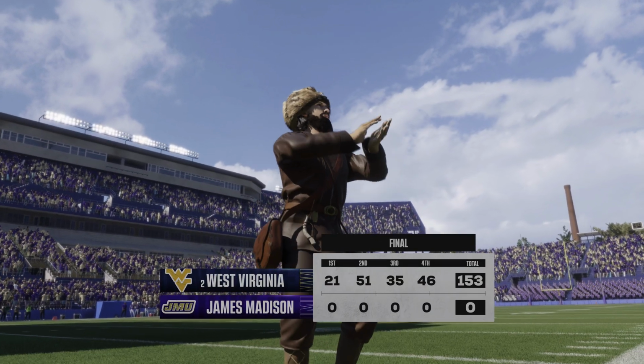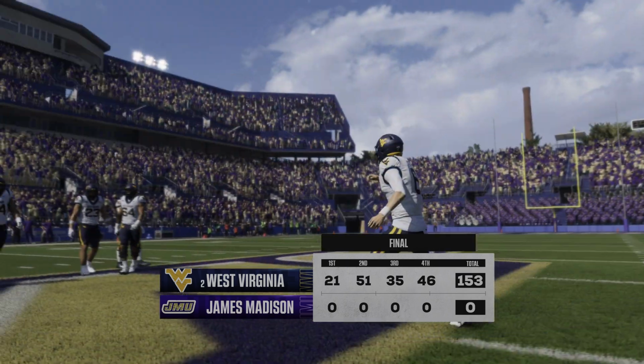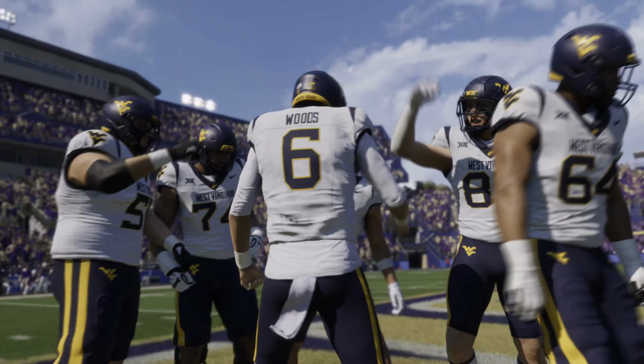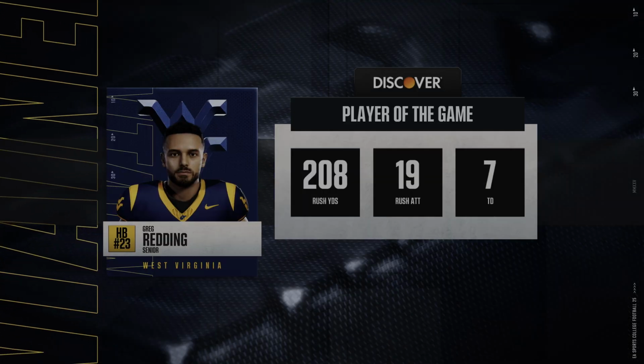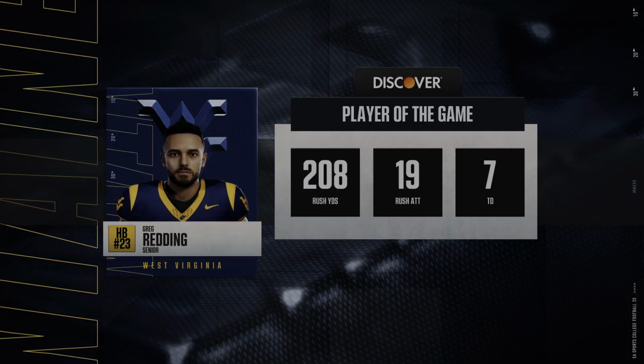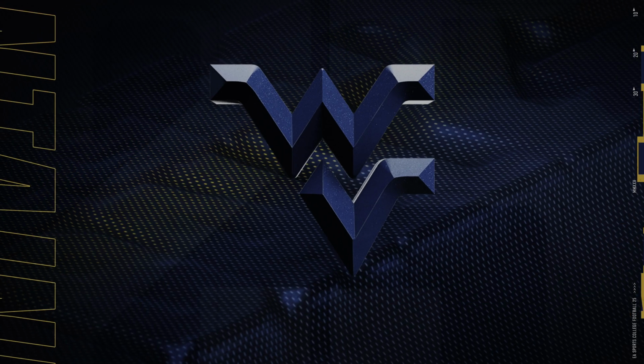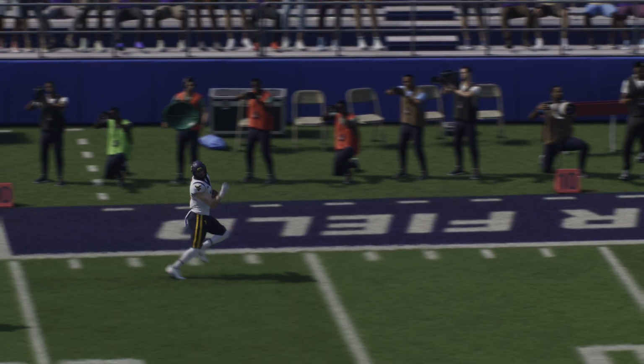They won the game today. That's 2 in a row. If they win the next one, it's called a winning streak. It's been done before. And we're seeing the identity of this team coming to fruition. You just get the sense they're finding out who they are, what they're about, what they're going to do schematically, and who their big play